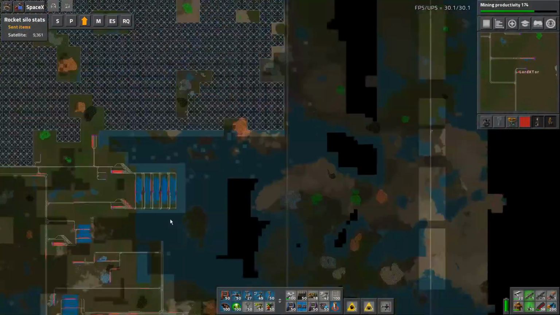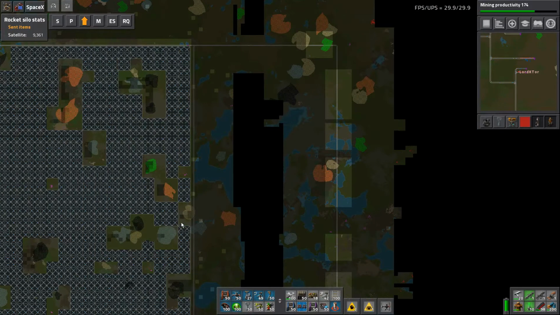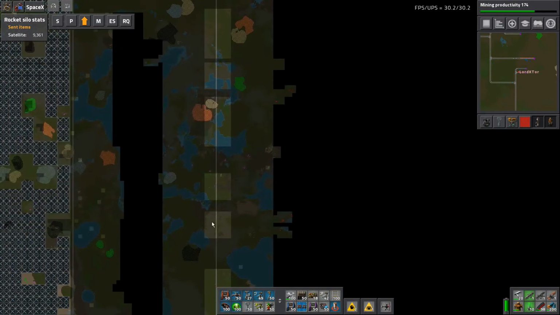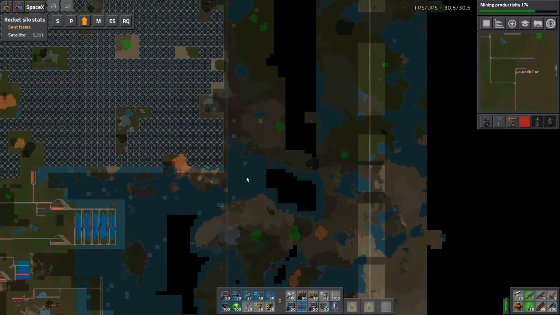But yeah, so where am I going to put the new solar? It could probably go all the way down here, although that's very close to this oil. If I ever wanted to get to that oil, I doubt I do. I might want to come out to this oil though,